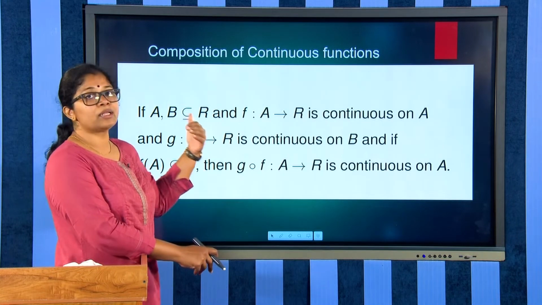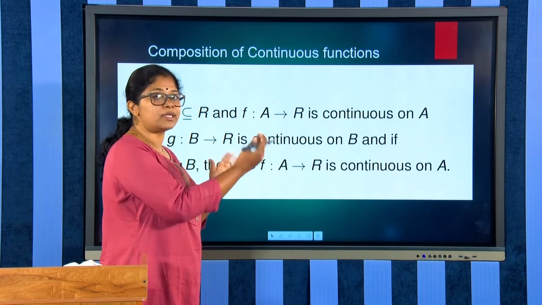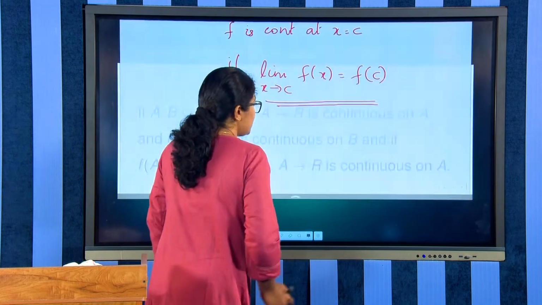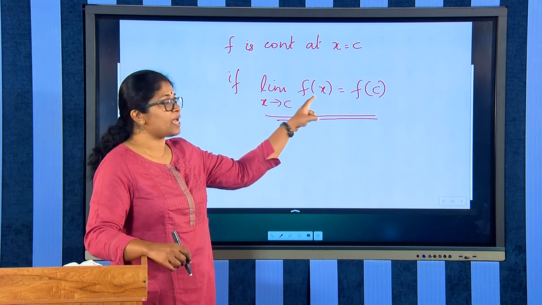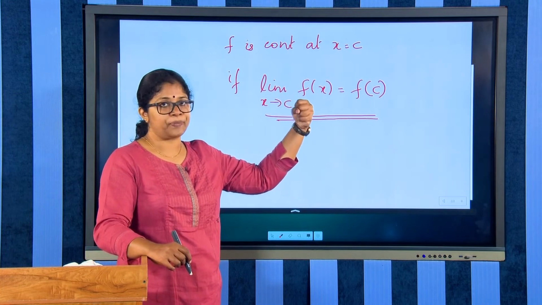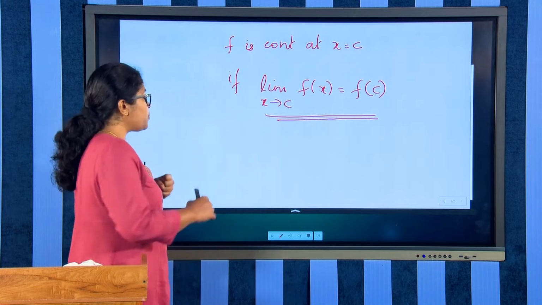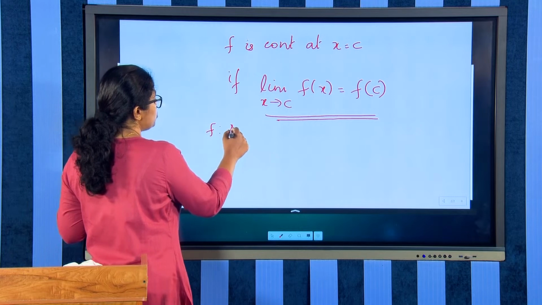So, before learning the composition of continuous functions, let us have a bit more insight into what continuity is. We have discussed that limit x approaching c of f of x is equal to f of c is the condition for continuity. So, that means suppose we draw a picture something like this, f is a function from A to R,